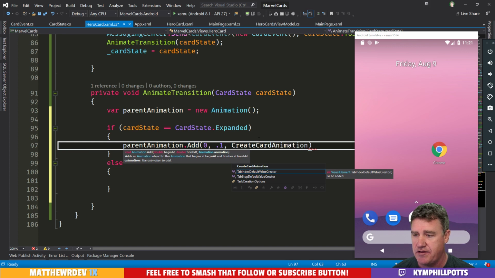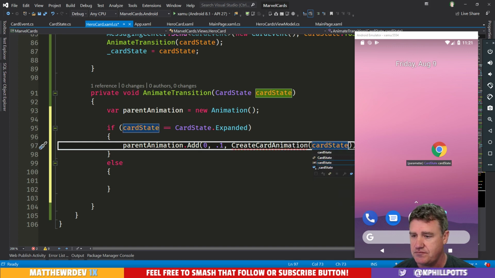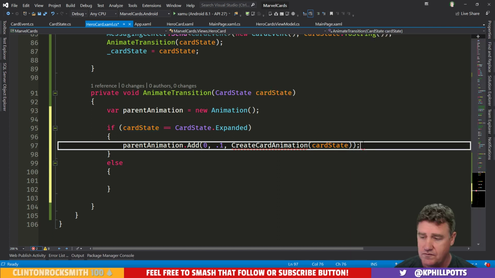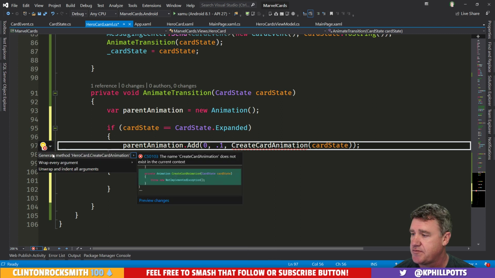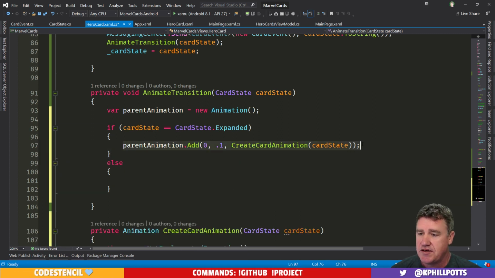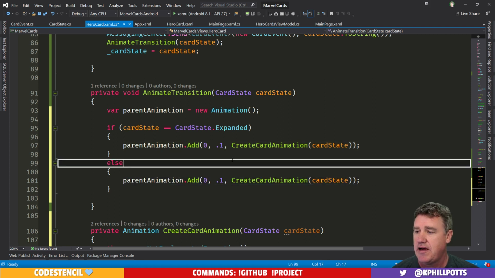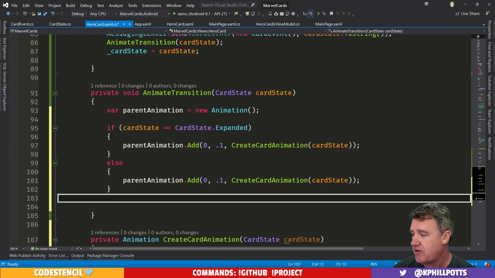I'll put this into a method for a particular card state. Let's go and get a method out of this bad boy. Okay, cool. And we'll basically do the same going the other way. What this is really saying is when I go and commit this,